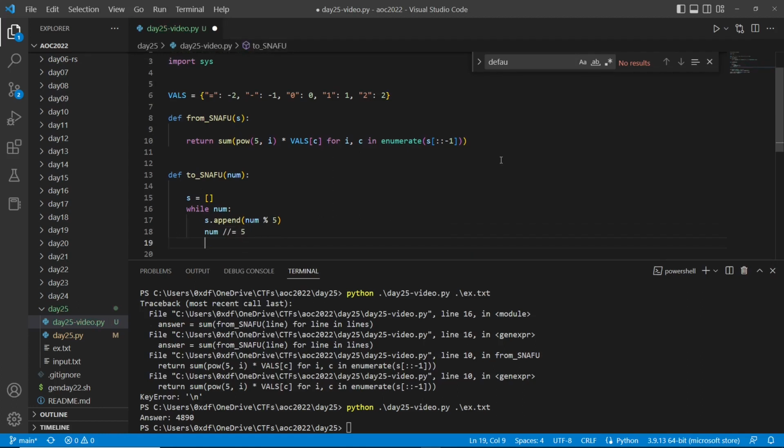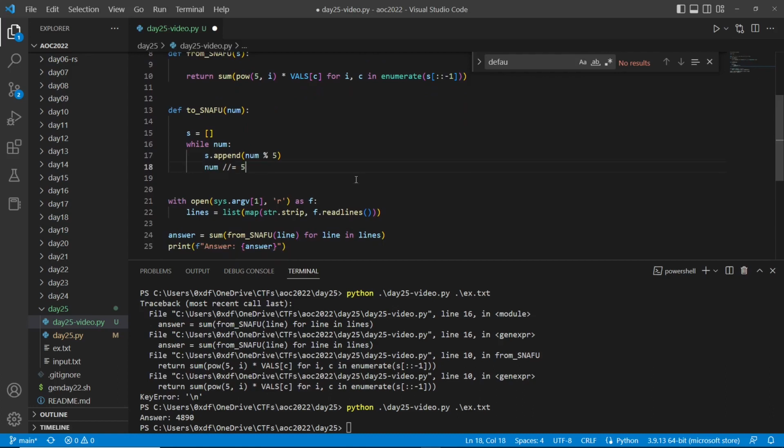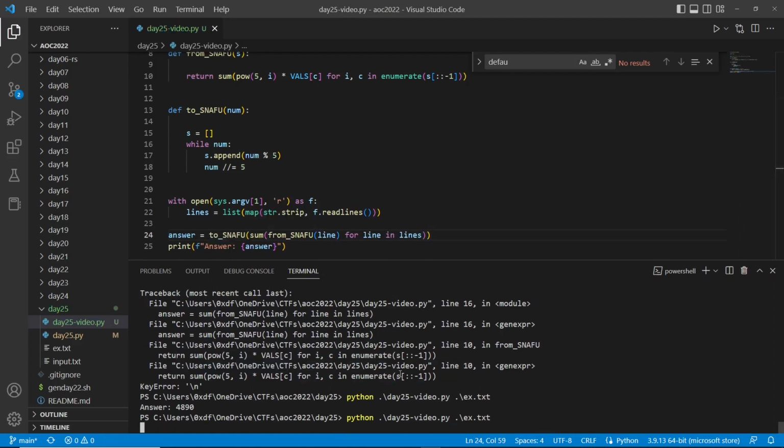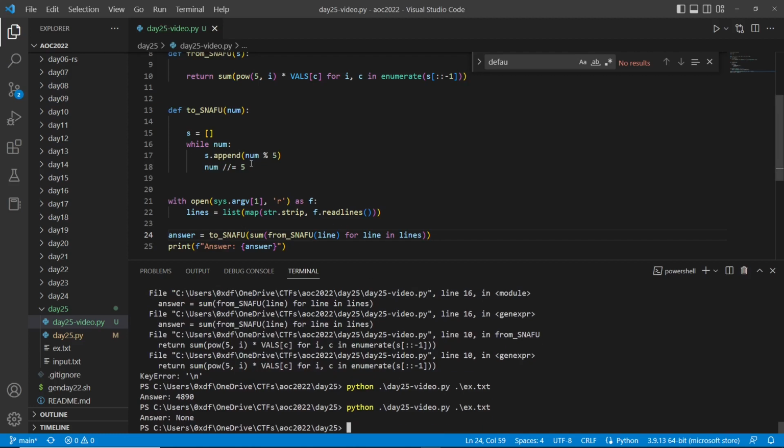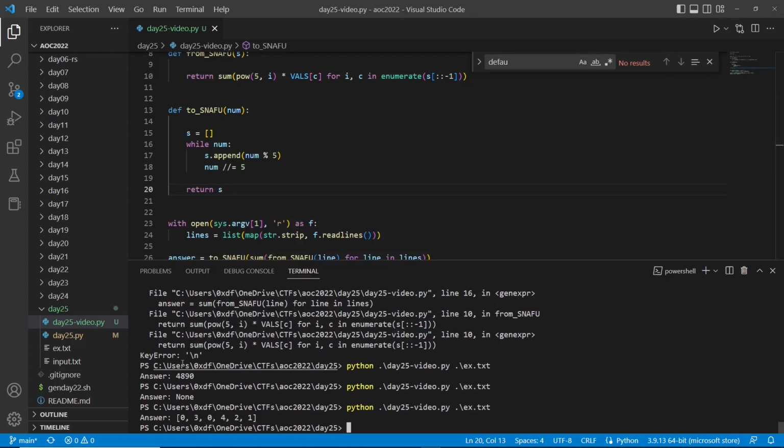We'll do that again as long as while exists. And what we're left with is s, which will be an array of different powers of 5. And so we can try that. We can say do SNAFU, run this, and now show our answer. Oops, we better return. Okay. Now when we run this, we get